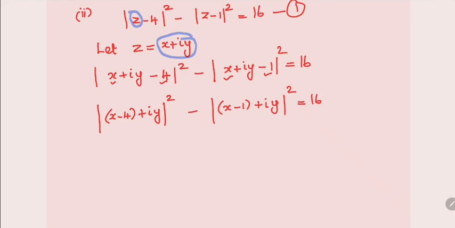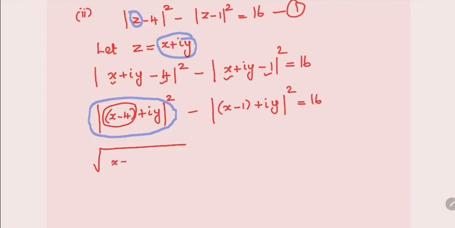So for the modulus, for this term, what formula do we have to write? It's nothing but the square root of the real part the whole squared. What is the real part? x minus 4 is the real part. So therefore, x minus 4 the whole squared plus the imaginary part. What is the imaginary part? This y alone is the imaginary part. So y squared. Okay, I have applied the modulus. Above that, what are you having? Square. So the whole square has to be written.